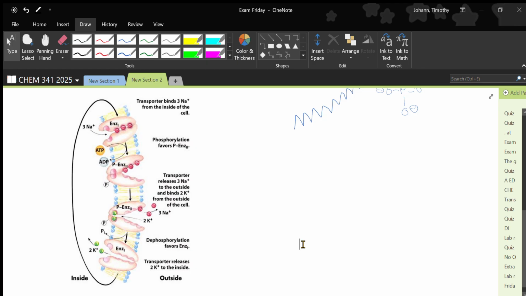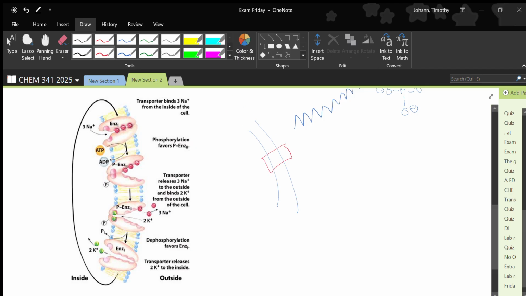So we got this enzyme. It's an enzyme transporter, right? You've got this transporter, and it has two conformations. It can be open to the inside of the cell, or it can be open to the outside of the cell. Now, the first thing you need to know, the most basic thing, which doesn't involve the mechanism here, is what this is going to do. If we have this cell membrane